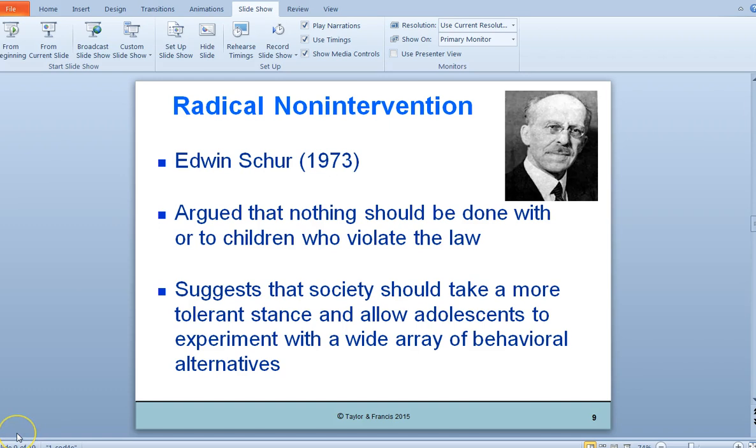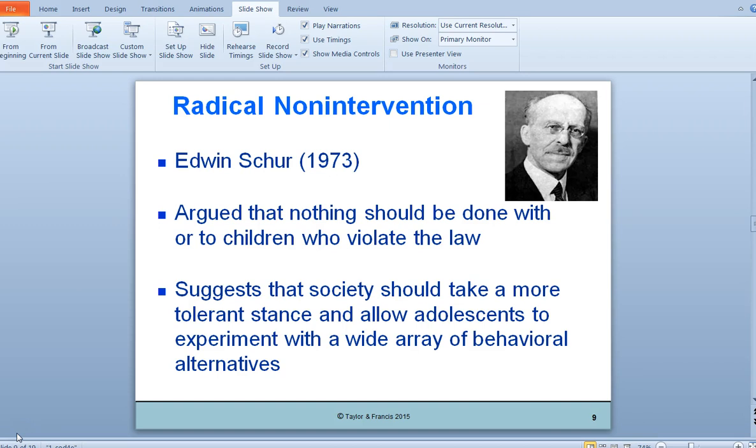And just to sum up labeling theory, sometimes we think of labeling theory as a very easily understood concept, right? You label somebody a certain way, therefore they believe they are that, and they continue that behavior. But there is research, and there are some identified problems with labeling theory. And if I said learning theory, I apologize. I mean labeling theory. That's what we're talking about. Label someone a certain label, and therefore they believe that's who they are.